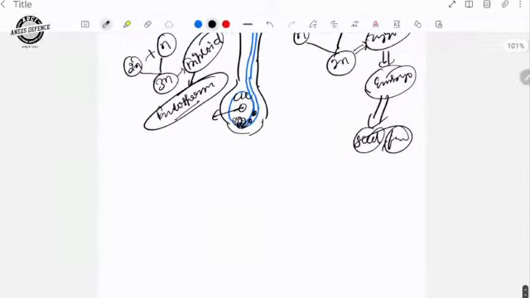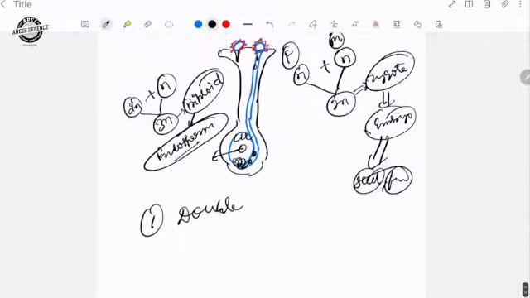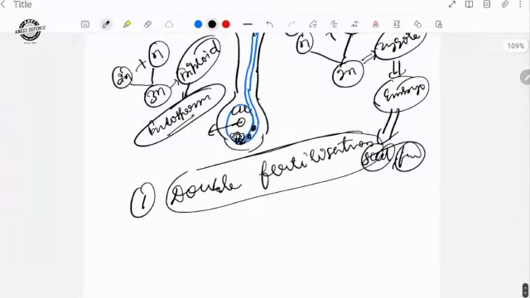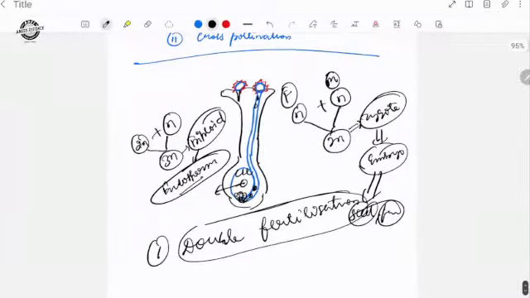One more thing: you should remember this process, what occurs in the stigma and what we have taught just now. This process is known as double fertilization, because there are two places where fertilization occurs. One is with the polar nuclei and one is with the egg cell. That's why it is termed the double fertilization process. One forms a triploid and one forms a diploid, because the zygote is always diploid, and triploid means 3n, which is termed endosperm. Understood? This is the process.